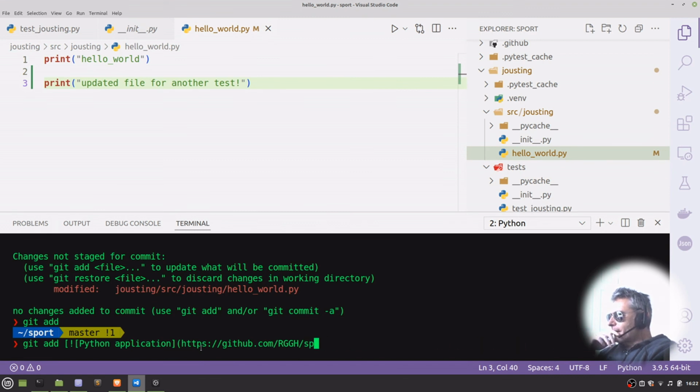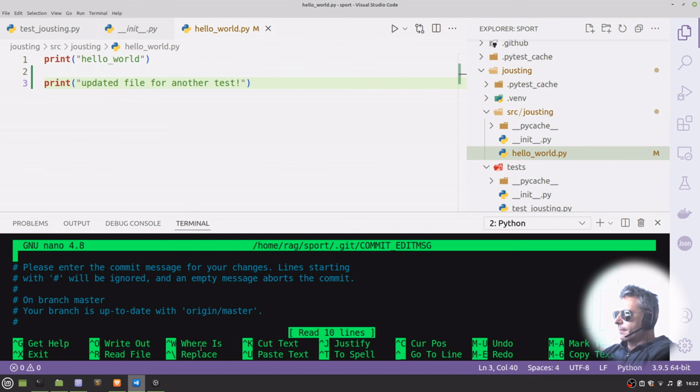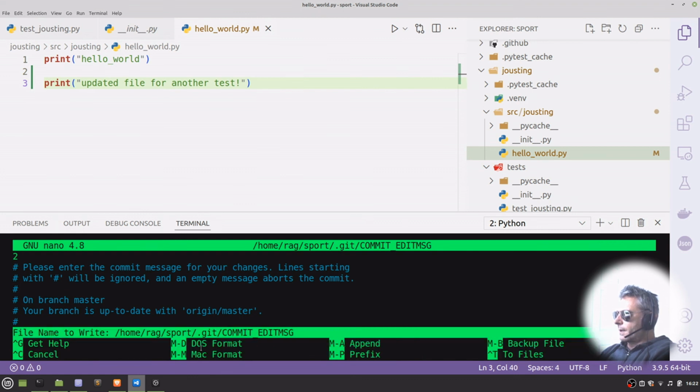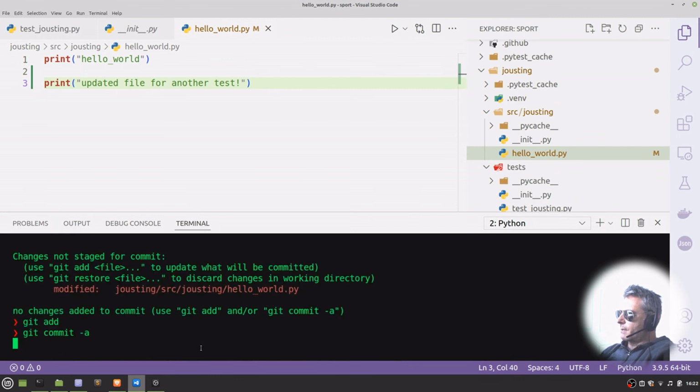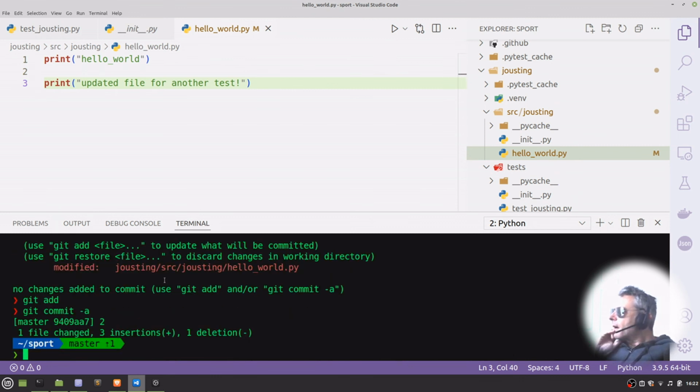Right. Let's do git commit -a then. File name to write. I'm not used to nano, I've forgotten it. Control O, right. Oh yeah, then we need to exit it. Okay, when I've not been making videos and trying to show off, I've always just done git add and then the full stop. But